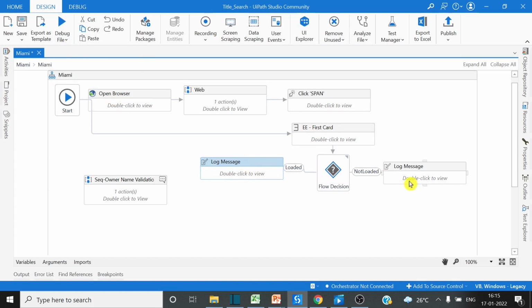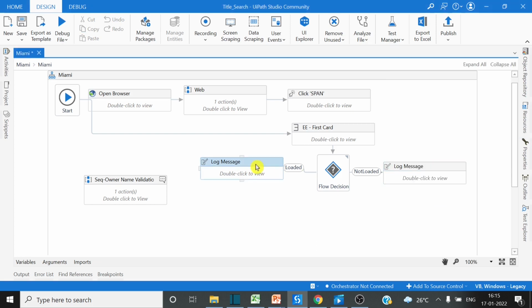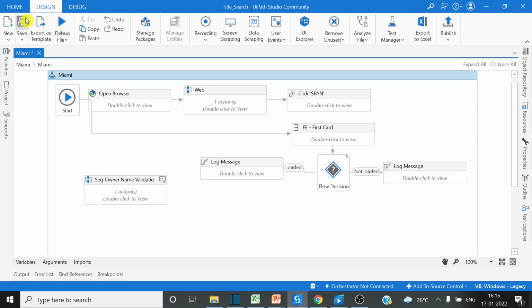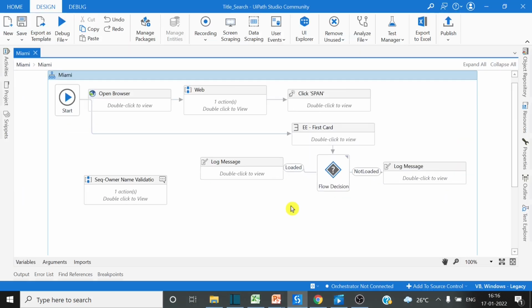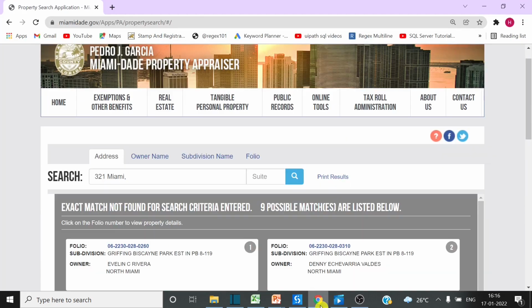Which branch is executed? So this branch is page not loaded, and this branch is loaded. Save, run. I am testing this on every step so that you can understand it properly. All right. Now let's check what is the output. It is loaded. Now if I change this page and I come on,